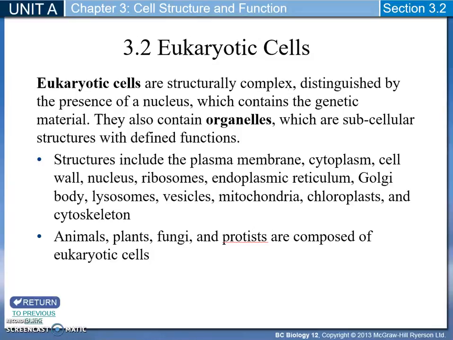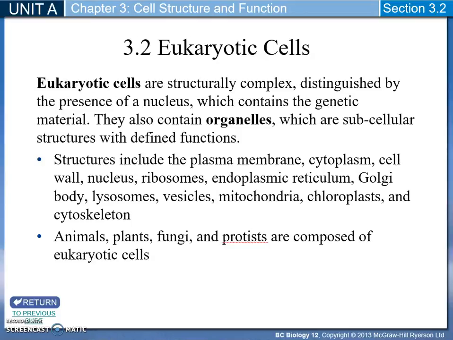There's more than this, but these are the ones that we will be looking at: the plasma membrane, the cytoplasm, cell wall, the nucleus, ribosomes, endoplasmic reticulum, the Golgi body, lysosomes, vesicles, mitochondria, chloroplasts,